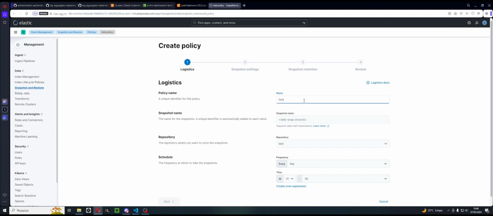Let's do tasks, snapshots, and then here is a sort of schema for the snapshot. I'm gonna say hourly snap now. So the name of the snapshots are gonna be hourly snap, and then a timestamp. Let me put a dash here just to make it prettier. So we're going to use our test repository, which is configured with AWS S3, and now we're going to schedule